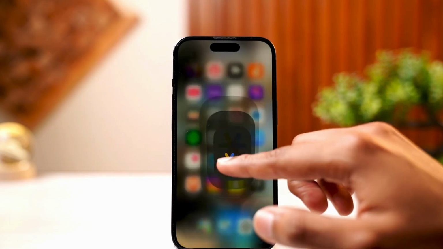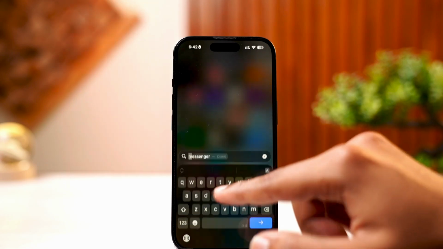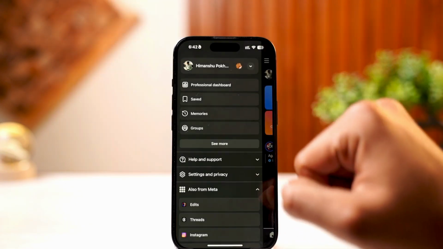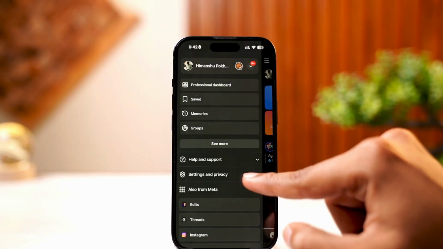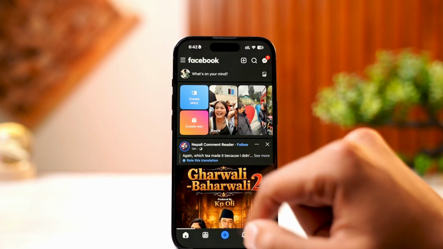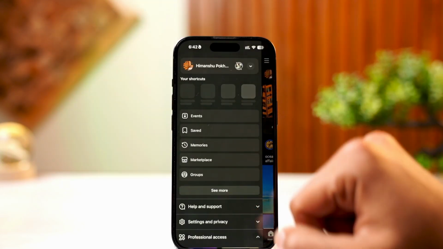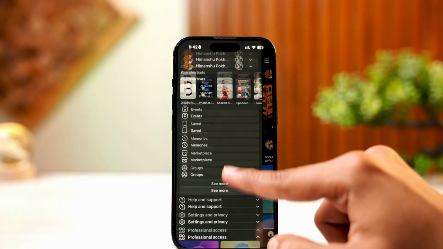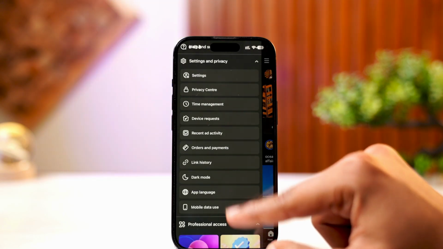So simply go ahead and open your Facebook application. Once you've done that, you want to click on the triple dot on your top left and click on settings. This is my page, so I'm just going to go ahead and change it to my account. And then now you want to click on the top left triple dot icon. This is where you want to go down to settings and privacy, and this is where you want to click